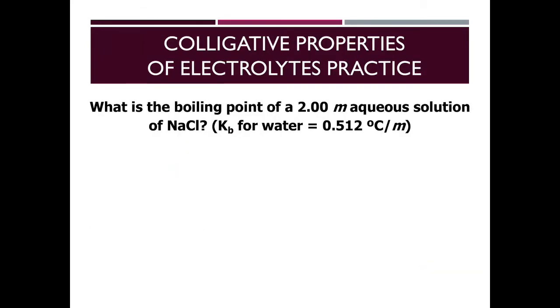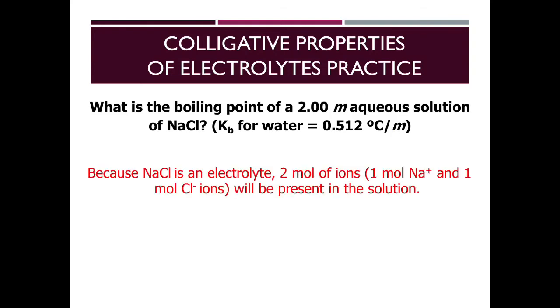Very, very important. So here's an example. What is the boiling point of a 2 mole aqueous solution of sodium chloride? So it has the Kb value for water there. So if we have a 2 mole aqueous solution of sodium chloride, again, we should recognize, okay, sodium chloride is an electrolyte. It has 2 moles of ions, right? Because if I stick sodium chloride in water, then it's going to break into Na plus and Cl minus. So there are 2 ions for every 1 mole of sodium chloride that I put in there. So if I have 2 mole,